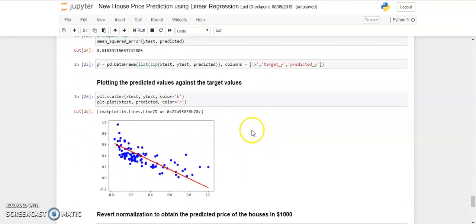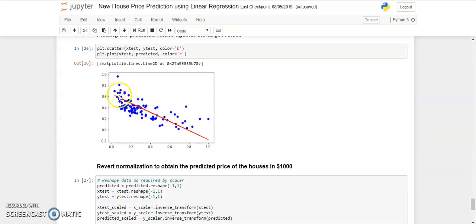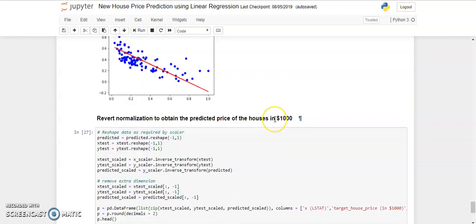Now same as we did in the case of the training dataset, we plot the target values for the expected test dataset and the predicted values, and we get the following curve, and you can see that the expected y values and the predicted y values from the test dataset are fitting quite well.